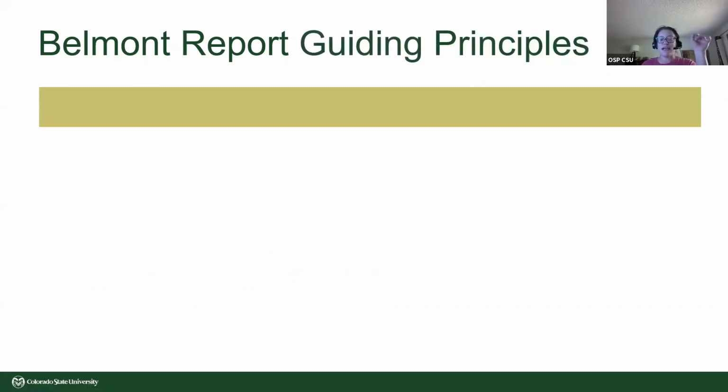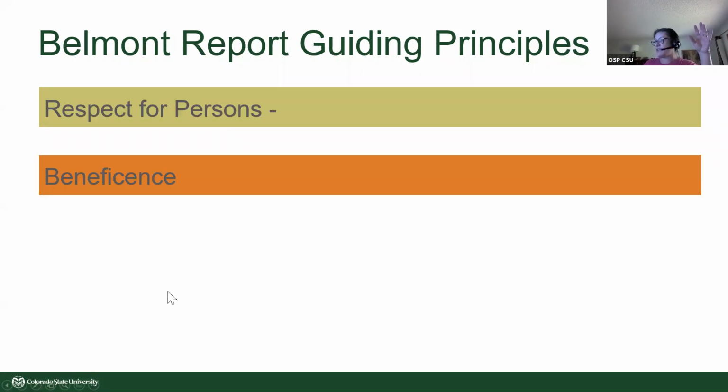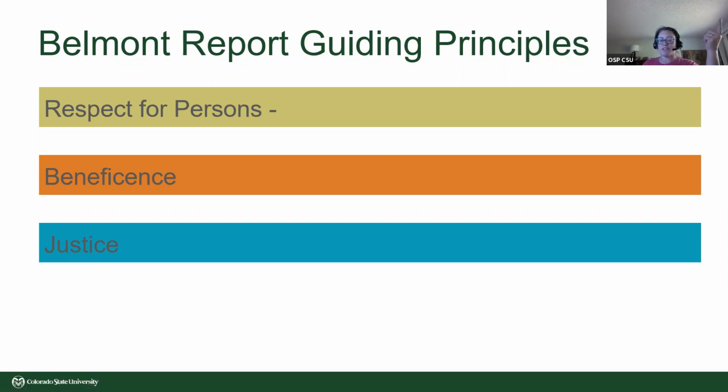Okay, so the guiding principles. The Belmont Report begins by making a distinction between practice and research. Practice being interventions designed to enhance patient well-being, and research, which is designed to test a hypothesis. Then it goes on to address three basic ethical principles, and ends with a nice little discussion on how to apply those principles. So the principles are here: respect for persons, beneficence, and justice.